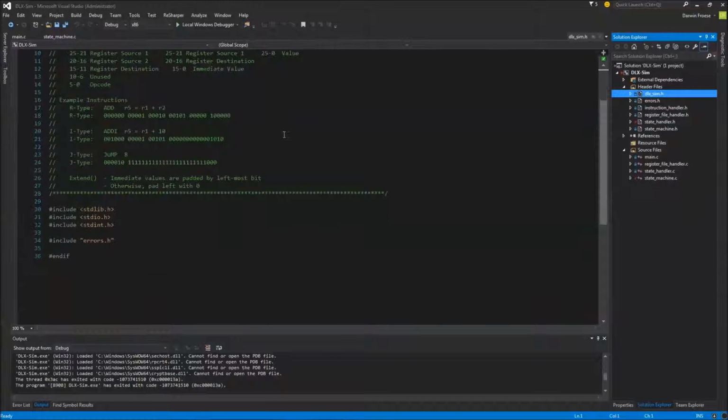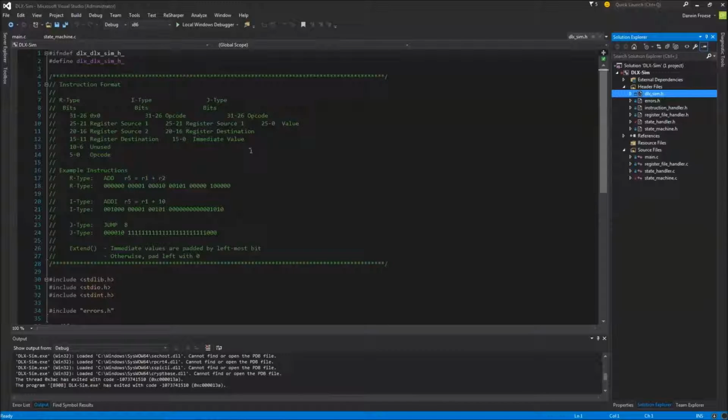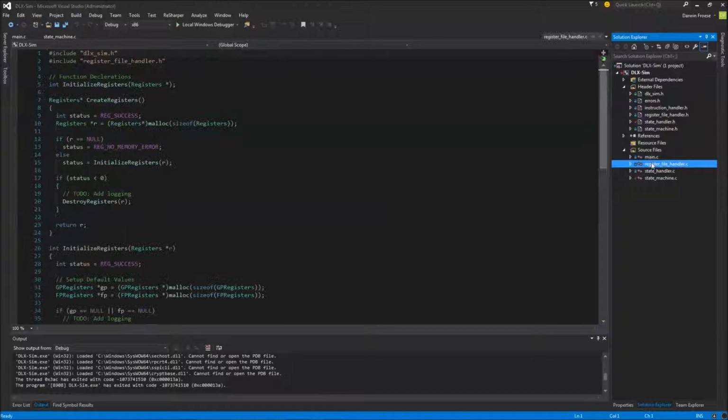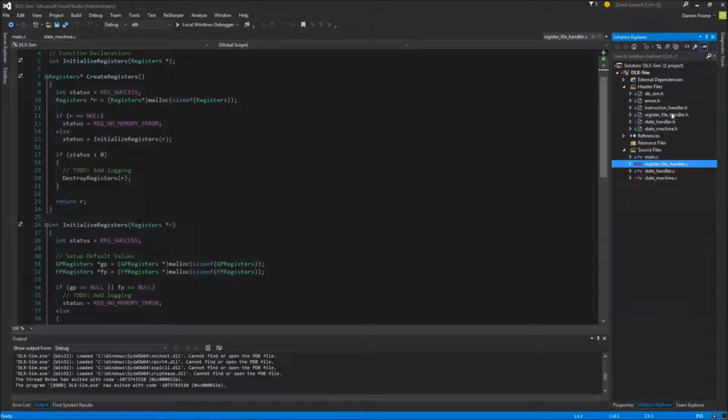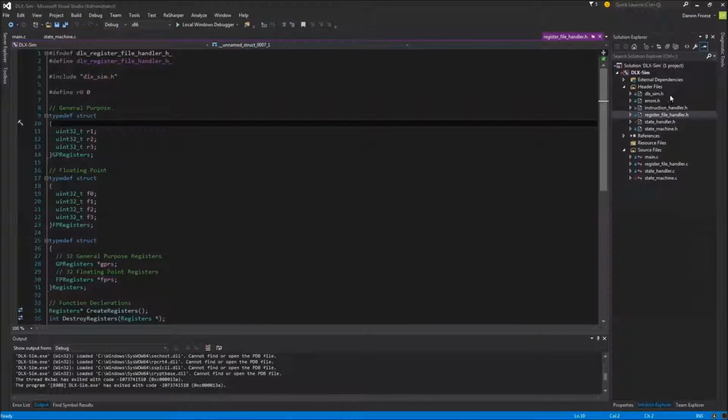To start today, we are going to make some changes to something we just changed last episode. Previously we were using typedef unsigned integer uint for stuff like our registers. Now, this is nice, but the terminology starts being a little bit weird when we start using uint32_t. So we're going to go back to DLX sim,